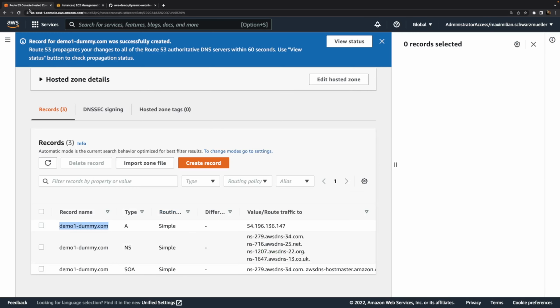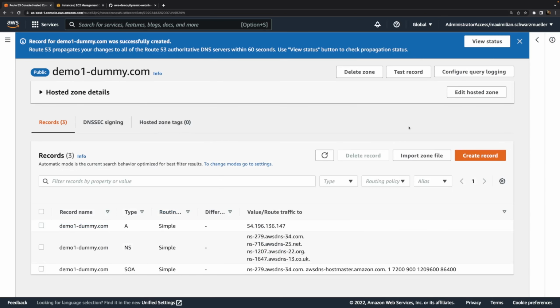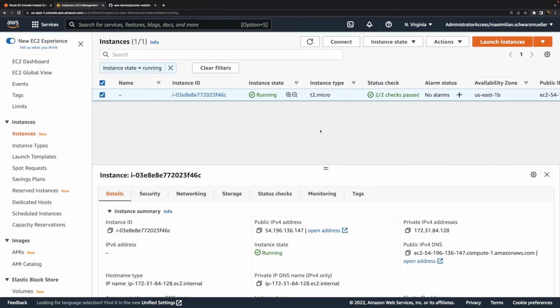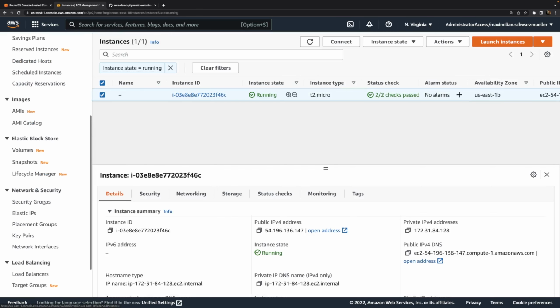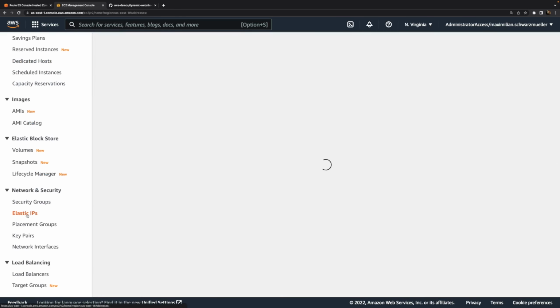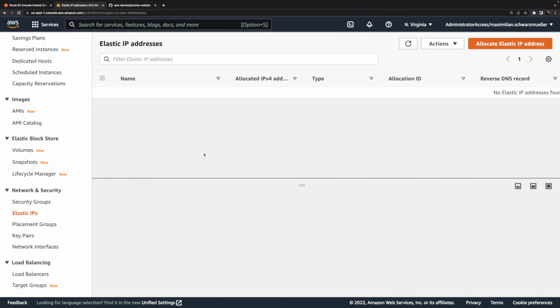Now, of course, we could update our A record whenever we restart the instance, but a better solution would be to use an elastic IP. Now that's another feature I discuss in my course. In the end, elastic IP addresses are IPv4 addresses you can request, which are then reserved for you. And because IPv4 addresses are a rare resource, we're running out of these addresses, you can't request an infinite amount, and you will also pay for elastic IP addresses you're not using, so that you're incentivized to use them.